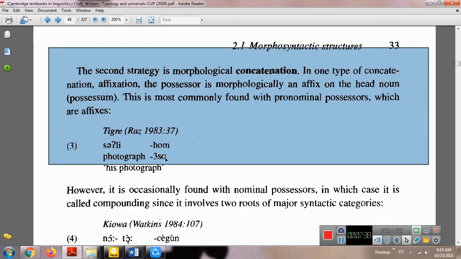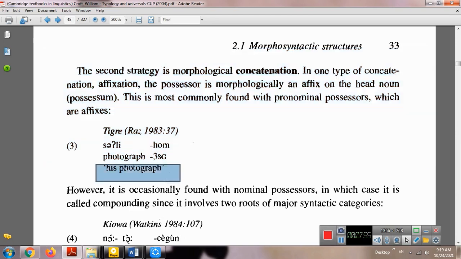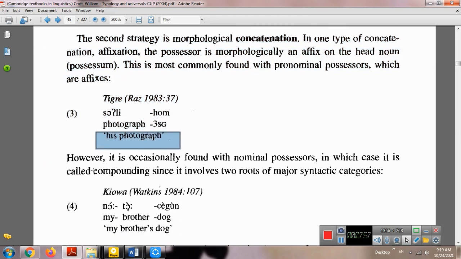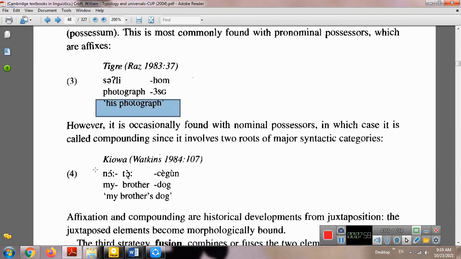In Tigre, we express possession through the affix, and here it is a pronominal affix, his. Photograph, third person singular, which means his photograph. However, it is occasionally found with a nominal possessor, in which case it is called